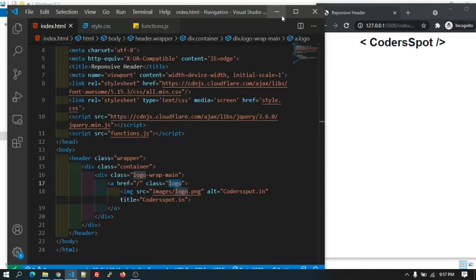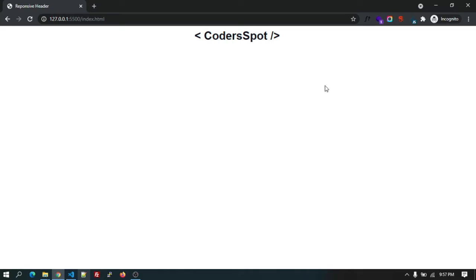Okay, as of now we have added the CSS to the logo.